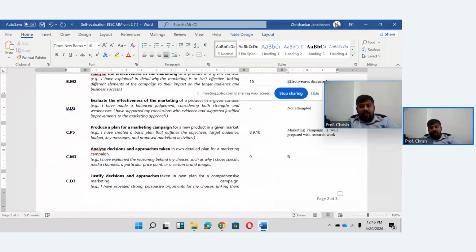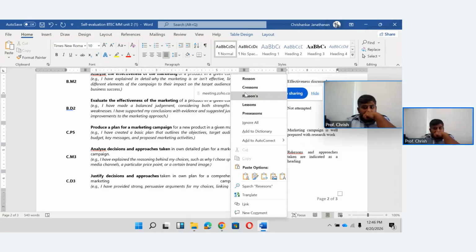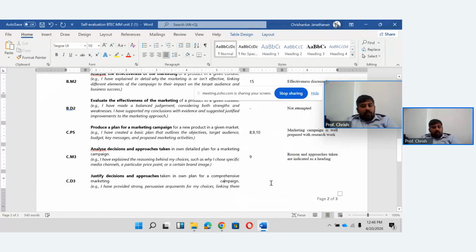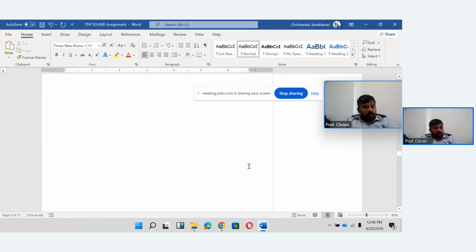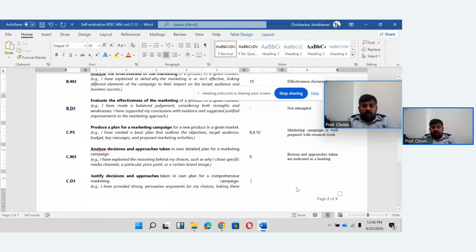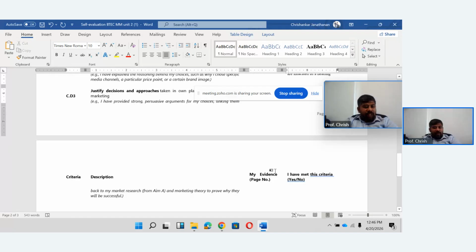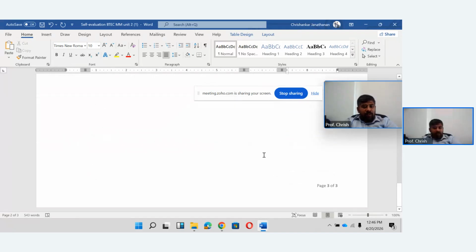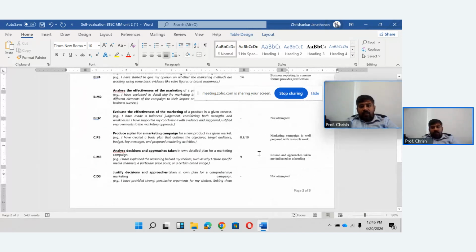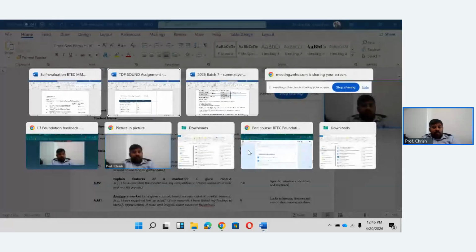Page number 9, reasons and approaches taken are indicated as a heading. I think you didn't try going for distinction itself. You should have done it. You have the capacity to do it, so why did you want to miss out on it? So net I can land him on overall merit.